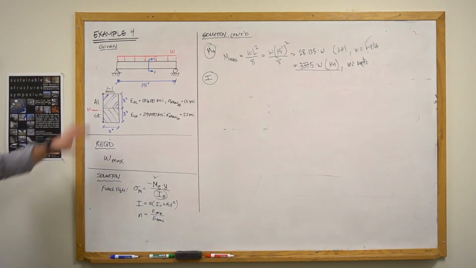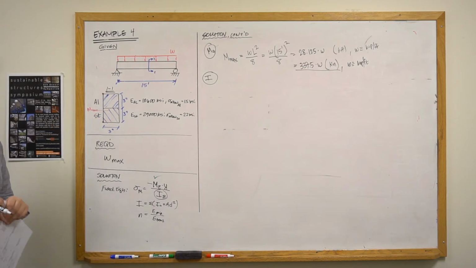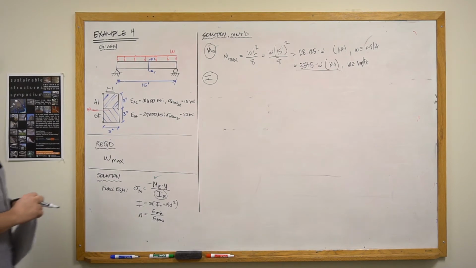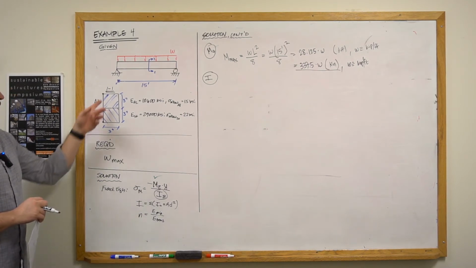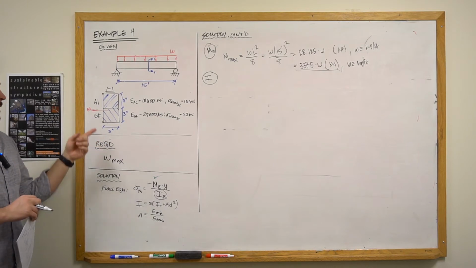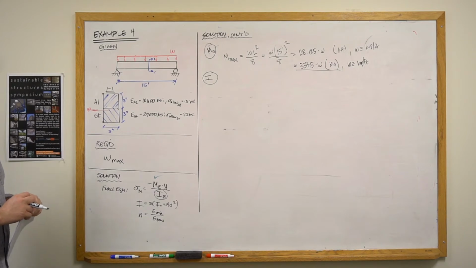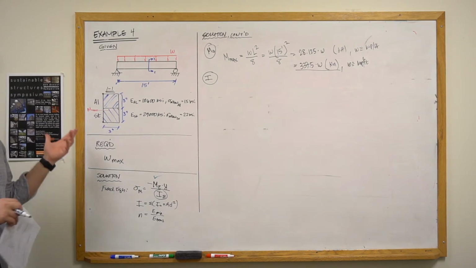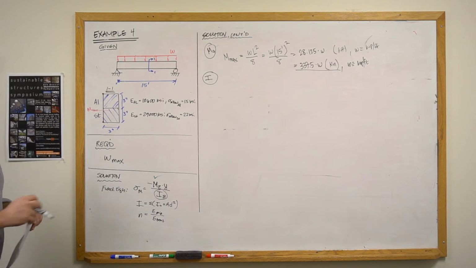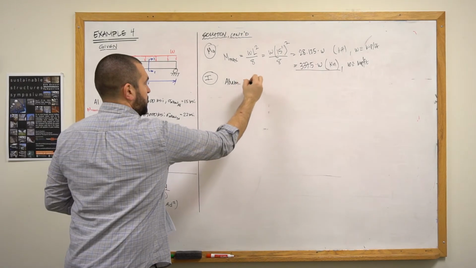We can't calculate the moment of inertia of a 3-inch wide by 6-inch tall rectangle because there are two different materials at play here. So we need to transform the section to either turn it completely into aluminum with the same effective stiffness, or turn it into all steel with, again, the same effective stiffness. The way that we do that is we first choose which material we want to turn it into, and I'm going to choose to turn this into all aluminum. So I'm going to say aluminum transformed